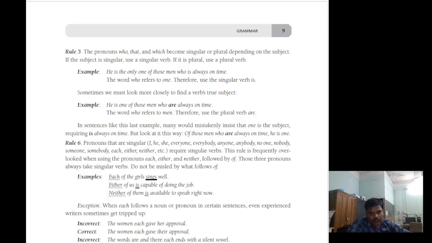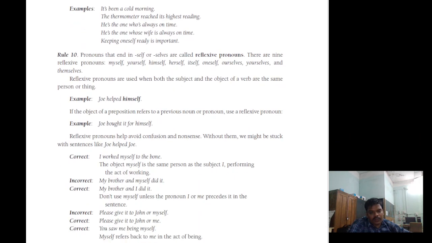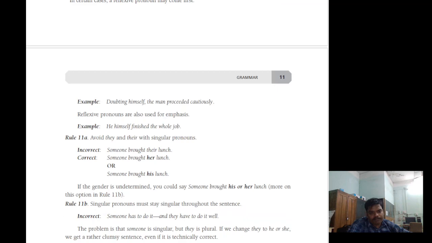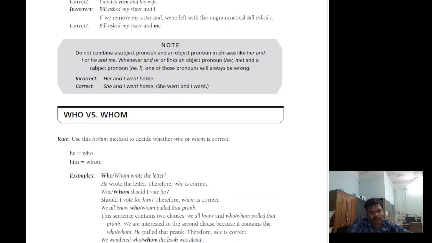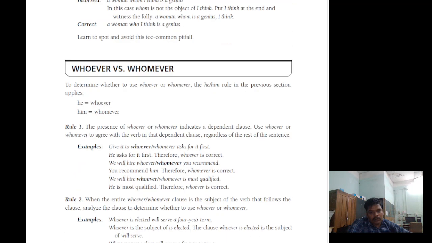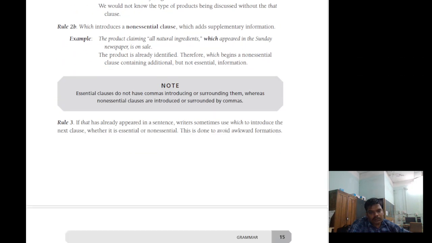So these are the things of subject verb agreement, different types of rules. Next, I will cover who versus whom, whoever versus whomever, who, that, which,